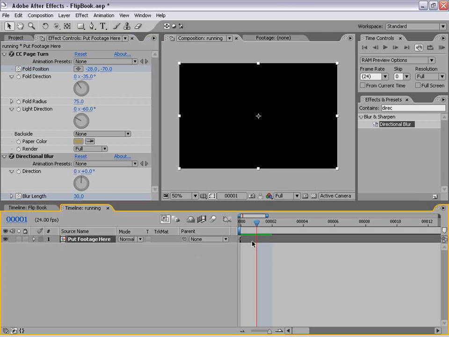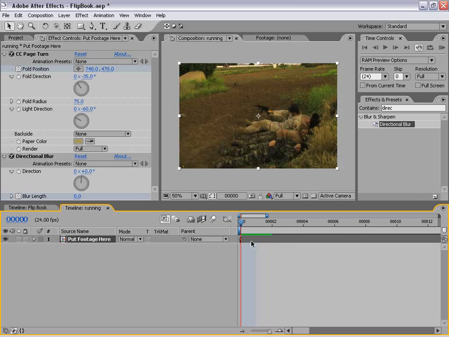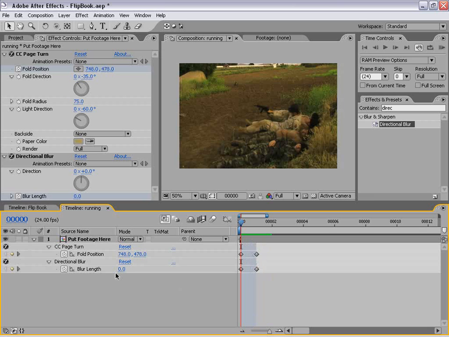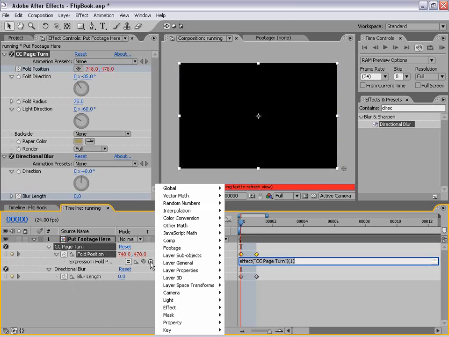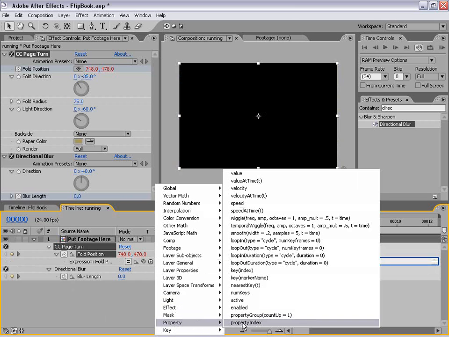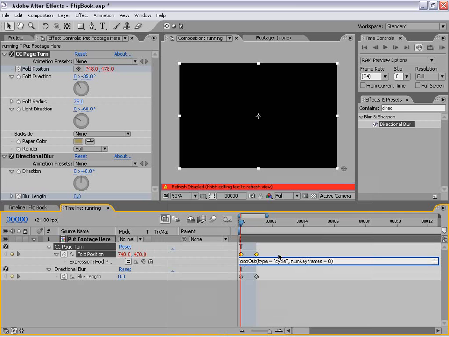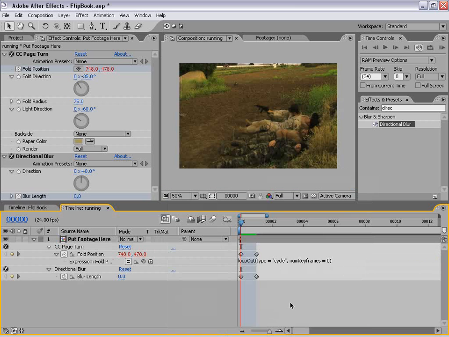So now that we've set that up, we need to set up a loop so that basically this happens for every single frame, because the loop, if I hit U on the keyboard, takes up one frame. So we're going to do an expression, and it's very easy. We don't even have to type it in. We're going to Alt-click on the stopwatch, go over here to this little switch here, and we're going to go down to Property and come up to Loop Out Type equals Cycle, number of keyframes 0. We're going to hit that, and it types it in, and then just click in the gray area to set